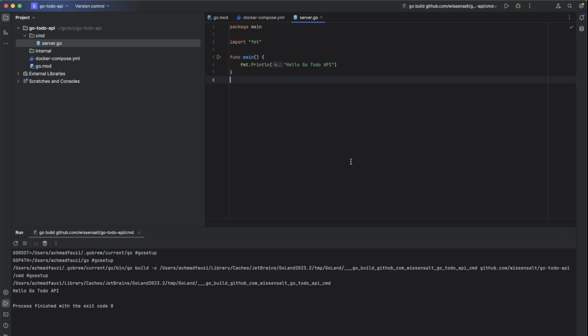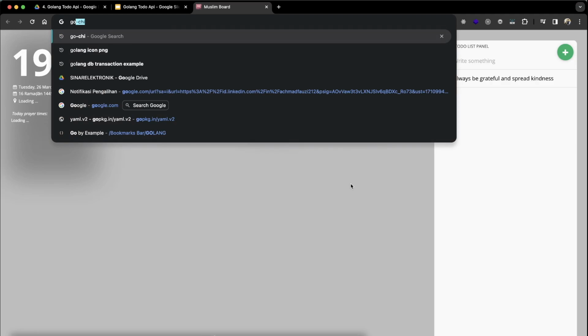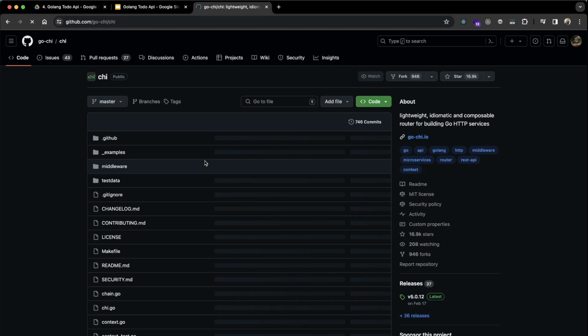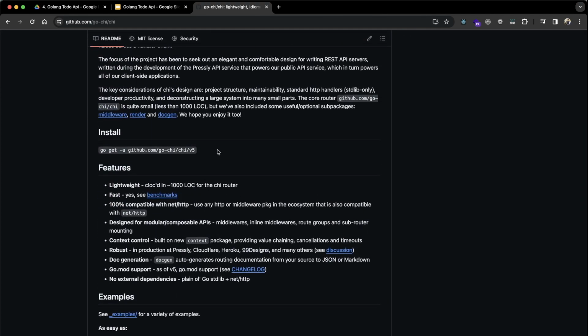Let's continue to add the dependency for Chi. So for serving the HTTP request and response, we will use Chi. Okay, let's add the dependency for Chi. We will use terminal again. So in order to use Chi and install it in our application, we just need to get it by using this command.